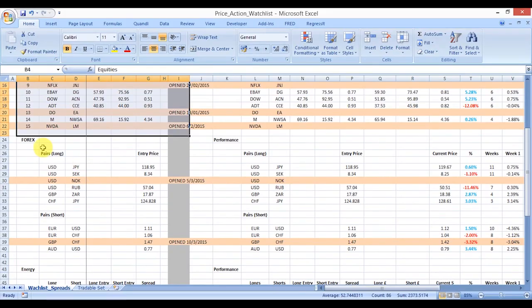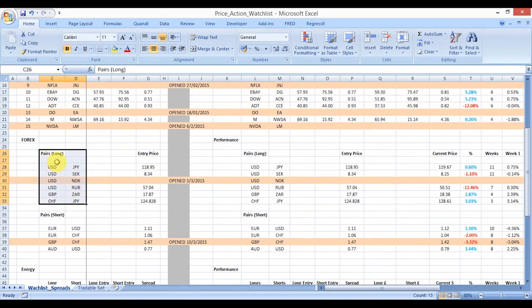So I just want to go through that now and show you what we're looking at on an overall basis in this spreadsheet. Within the currency section, it's split into two subsections. The currency pairs that we're looking to go long, that we have fundamental predispositions to for going long with, and the same for short. We've got those listed there, as well as the entry price,